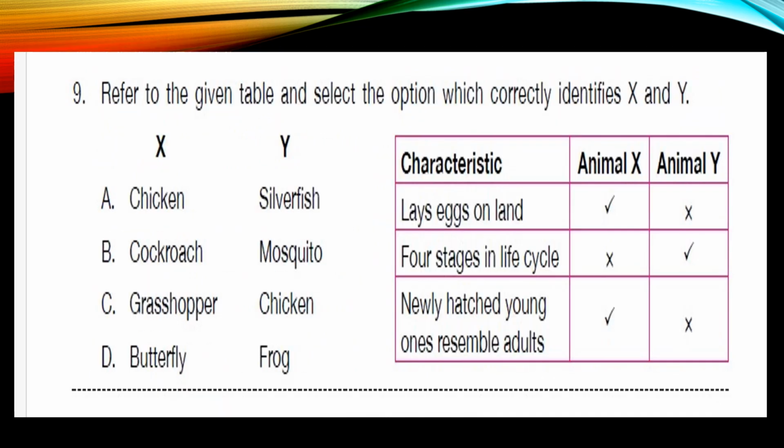Question number 9. Refer to the given table and select the option which correctly identifies X and Y. Here, looking at the table, we can see the characteristics: lays eggs on land, animal X yes, animal Y no. 4 stages in life cycle, animal X no, animal Y yes. Newly hatched young ones resemble adults. Yes for X, yes for animal Y, no. If we see for Y,